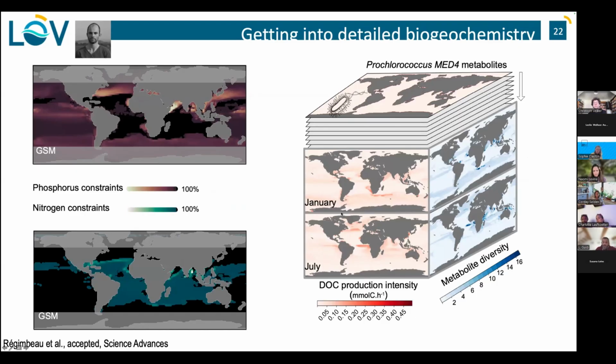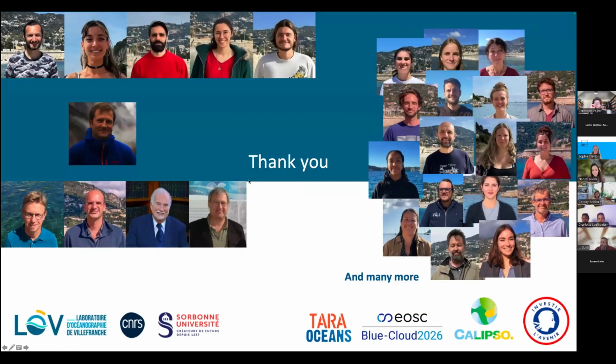The good thing of doing this is that then you can move into the detail of the biology. So you can try to understand what the co-limitations of this organism are at different locations based on the biogeochemical output of the ESM, or you can even predict whatever metabolite the organism is producing at different locations depending on the environmental conditions. And so that really, to me, fits the goal of BioGeoSCAPE, and where we want to go. It's really to understand the fine biology that is driving biogeochemical fluxes at global scale. And on that, I will stop.